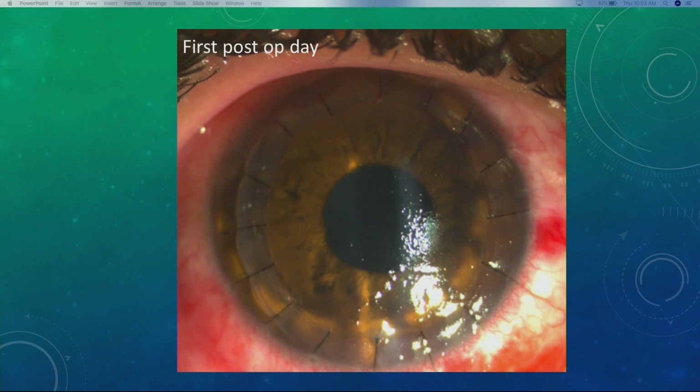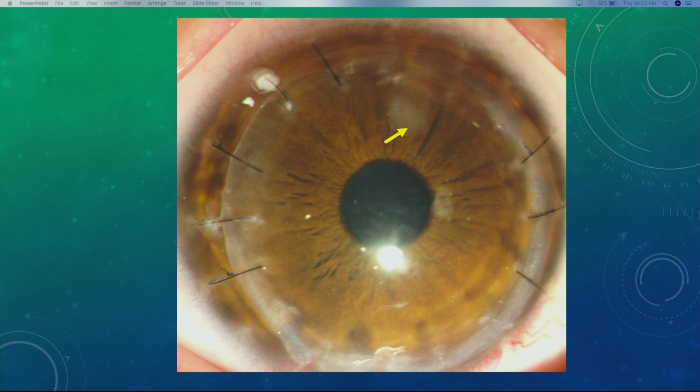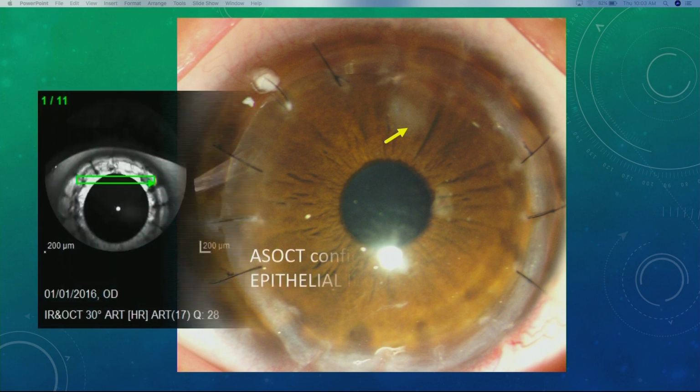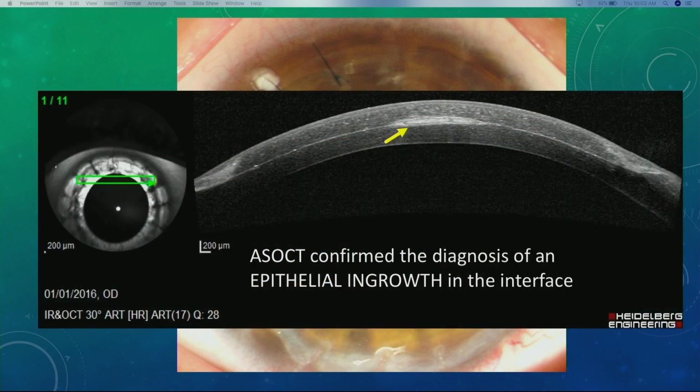It also helps you in the follow-up of these patients. So this patient had a little bit of difficulty with epithelial healing problems superiorly, and a whitish kind of lesion appeared in between the interface. We were not very sure what it is. It looked like an epithelial ingrowth, and your ASOCT confirms the diagnosis of sequestered cells between the two lamellae. Now, if this was left untreated, it could grow on further and encroach the visual axis. So we went ahead and did a YAG cap for this, and it resolved.